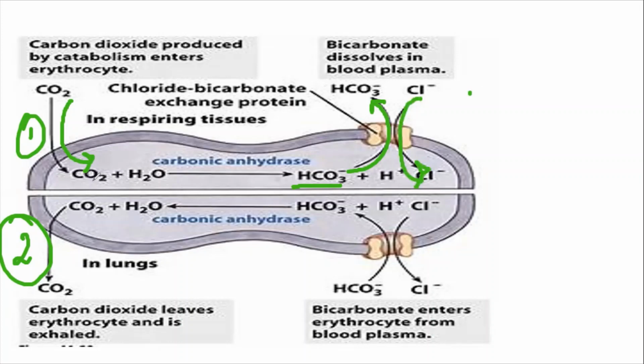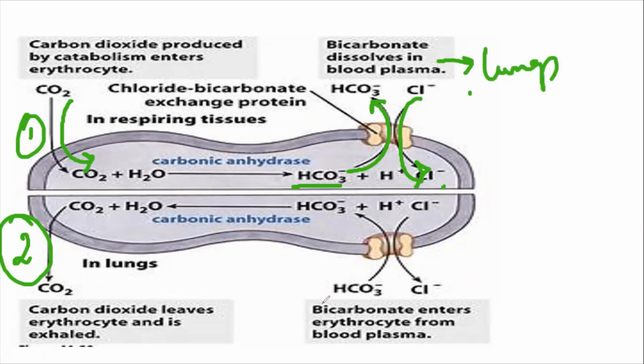So CO2 has been taken by the RBC, where it is converted to bicarbonate by the enzyme carbonic anhydrase, and again it is expelled out in the blood plasma. So in the blood, now it is not in the RBC, but it is present in the plasma. So now Cl minus is inside of RBC. Now this plasma will travel, it reaches the lungs. Now what is happening in the lungs? This is the second scenario.